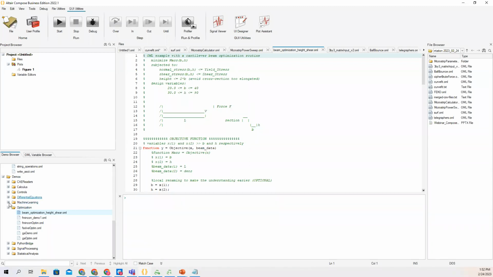There's even some simple forms of machine learning. There's some clustering and some regression models. But we won't touch on all of that just because it is so extensive what is capable in Compose. But so, let's say we have some problem where we have multiple variables we want to change